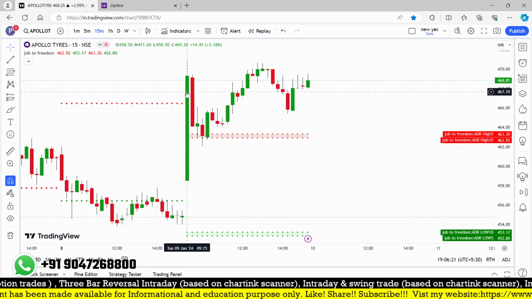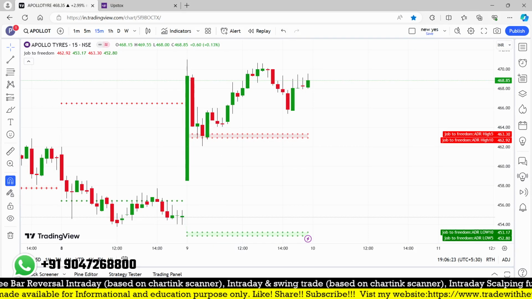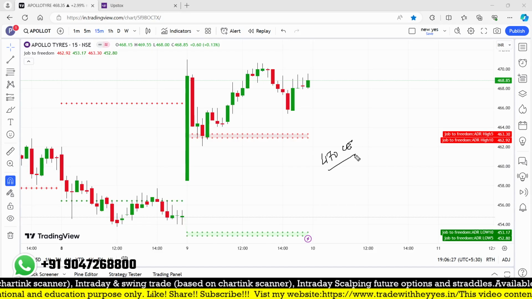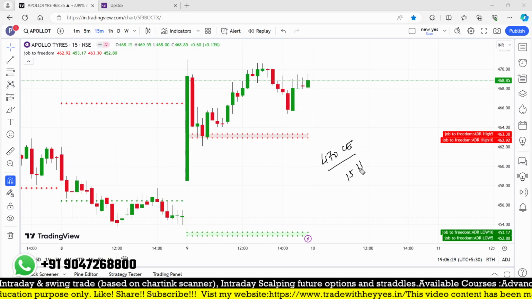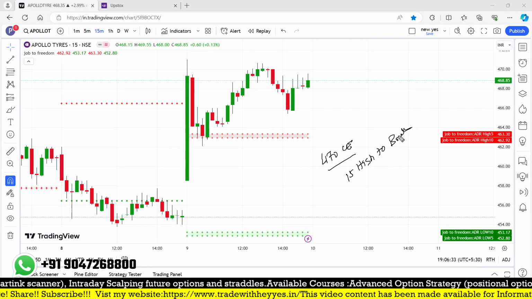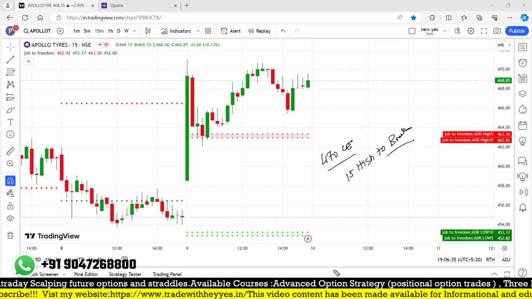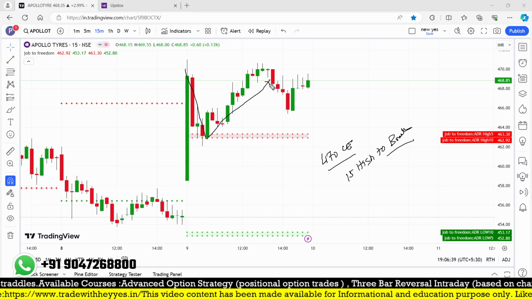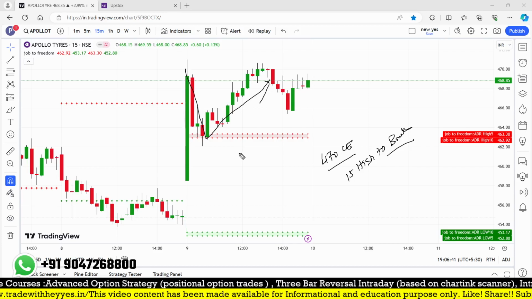So here, based on the strike price, which is 470, you can take the 15 minutes closing of the 470 call, and you can keep the 15 minutes high to break, then you can take an entry opportunity, or else you simply ignore it. But again, it came down and took a support, because this ADR level acts as a good support as well